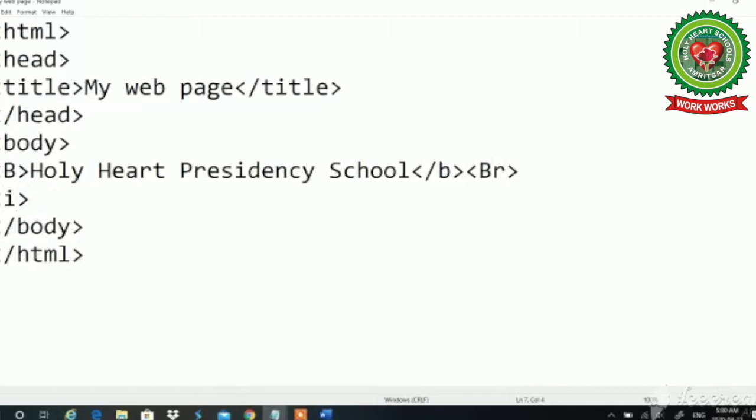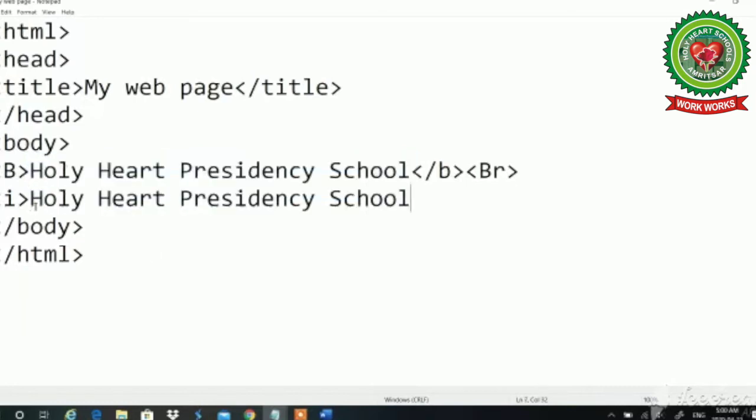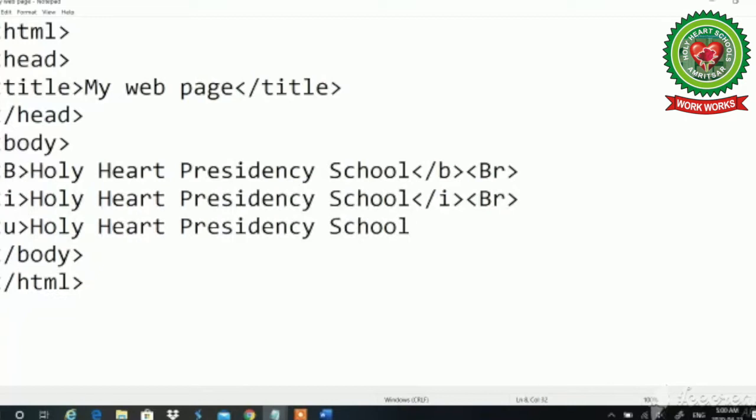I will use I tag for italic. And I'll paste my text. I will close my I tag. I will type U tag for underlining. I paste my text. I will close my U tag.